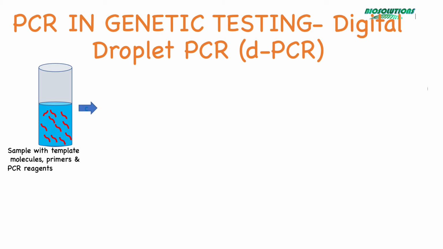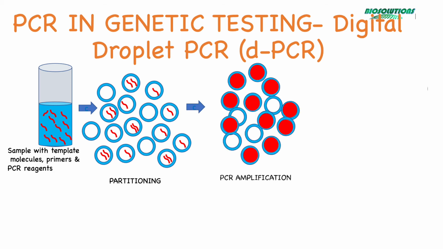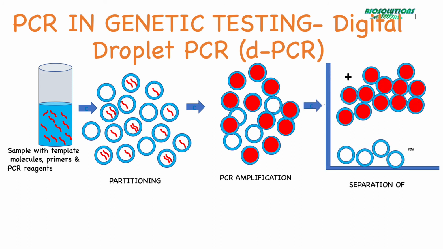A digital droplet PCR is very similar to the traditional routine PCR and uses a fluorescently labeled probe. The PCR sample is partitioned into thousands of droplets. Each droplet may have no template, one template, or just a few template molecules, which are then amplified using appropriate primers and probe. Since the probe is fluorescently labeled and releases a fluorescent molecule during successful amplification cycles, those droplets with the PCR product can be detected and scored positive.